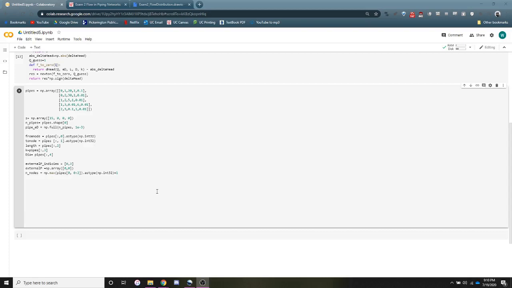So we talked about the external nodes. Now we need to talk about the internal nodes. And the way we do that is we take the set of all nodes and we subtract away the set of external nodes. And once we do that, we have the set of internal nodes. So we need to define first all of the internal stuff. So internal indices,